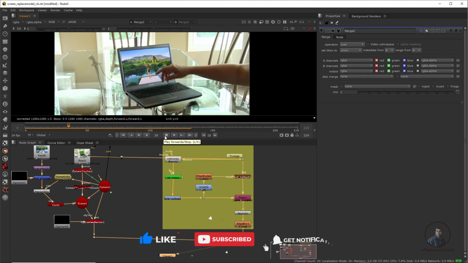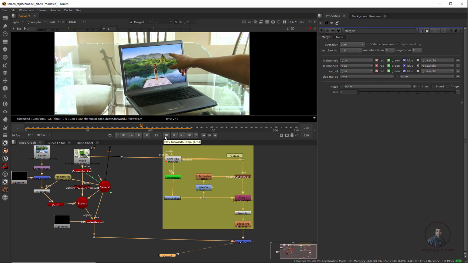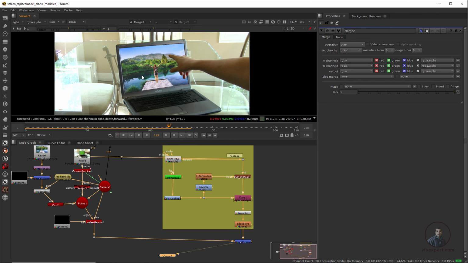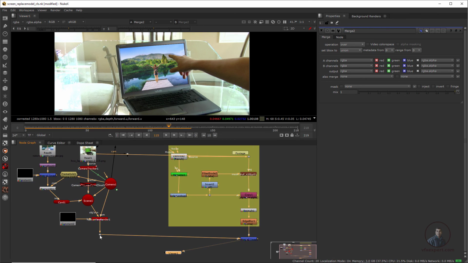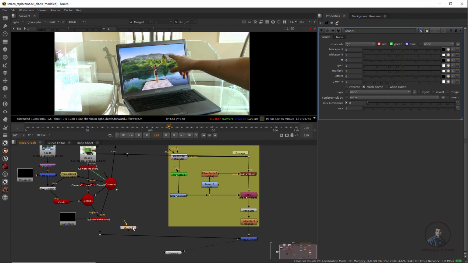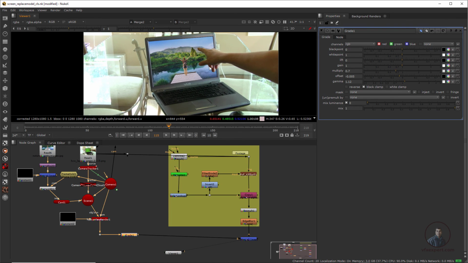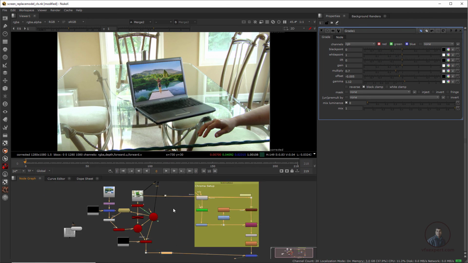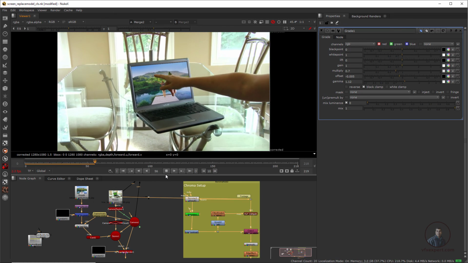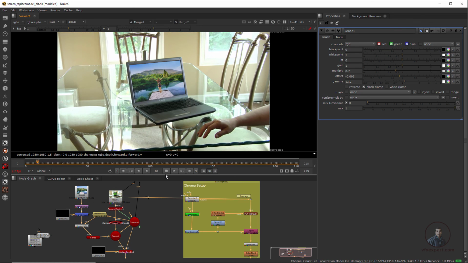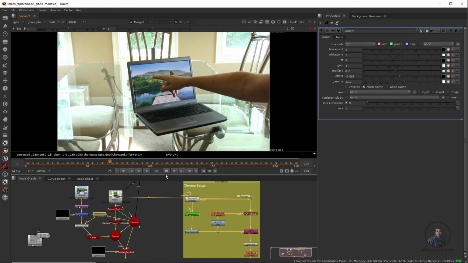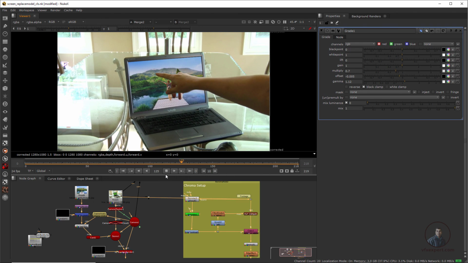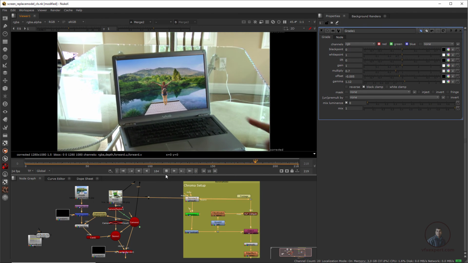So now guys, if you see here, we have successfully replaced our screens. Even suppose if you want to adjust this screen a little bit, maybe color and all these things, then after the scanline render we can use a grade node. Any color correction node you can use, and you can adjust all these things here. So maybe guys, this is matching here. Now finally play our final output. So now guys, we can see this is our final output, and this is looking good, and the remaining things you can adjust according to your requirements.